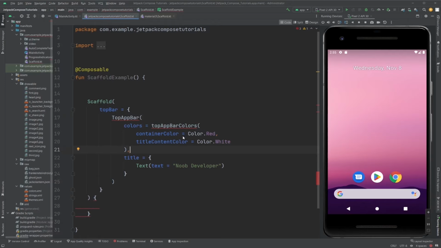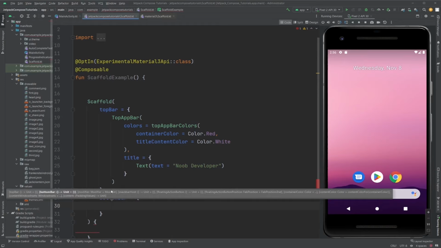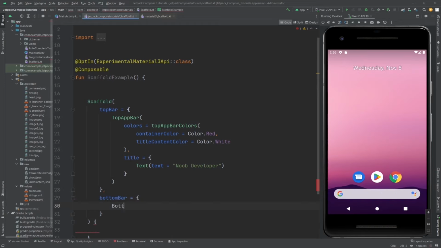This is top app bar, it's opt-in for this. Now the top app bar is completed, and you just need to comma, and now you can make bottom app bar like this. So now the bottom bar, for the bottom bar simple bottom app bar, and inside this also you just need to